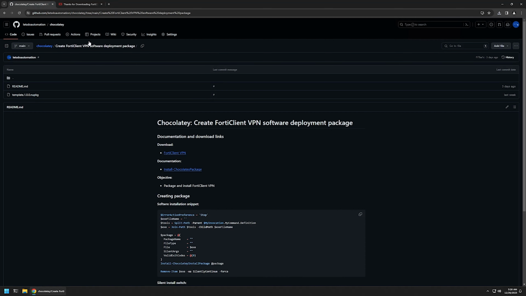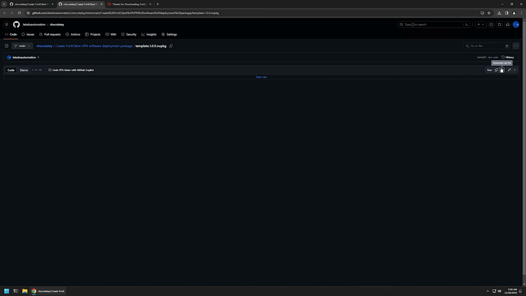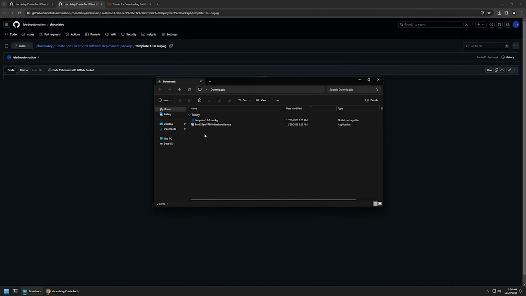Then I will go back to my GitHub page because here I have this NuGet package called template and I will be using it to create my Chocolatey package. So I'll click on it. Then I will click on the button right here to download the package and then I will go to my downloads folder. And currently here I have the downloader for the FortiClient VPN installation file and also the NuGet package called